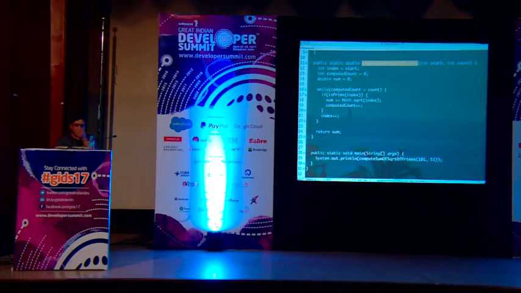Compute sum of square root of primes. Let's look at the code. What is it doing? Index is start, computed count is 0, sum is 0. Then it says if it's prime, add the square root to the sum, increase the computed count, and then index plus plus, right? So if you look at this code, that's a lot of work, a lot of things going